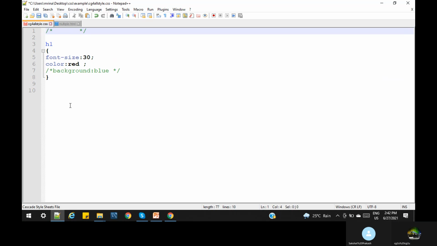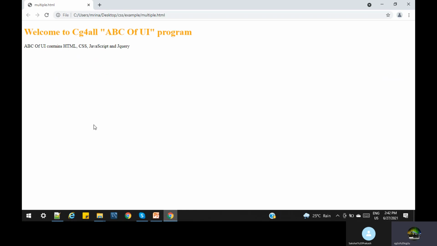When we refresh this page, the code we have written in the style.css is not coming over here.